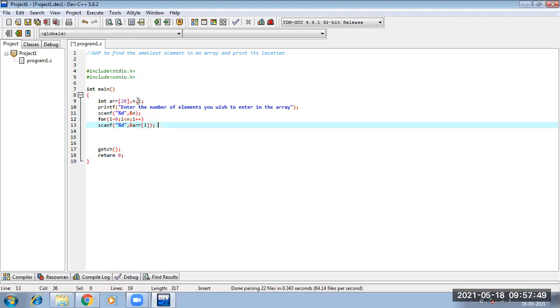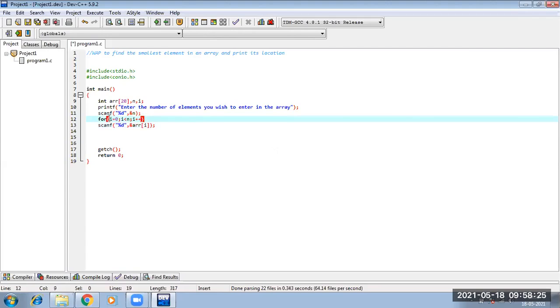So my n is also an integer, and index locations can be integer values 0, 1, 2. It cannot be a 0.5 array index location. No. So I will also always handle integer values. So array, n, i are all integer types, and so I have declared them in the same line. If you want, you can declare them in separate lines also, whatever you wish. For this line you can only keep int array[20], and in the next line again you can give int n. If anyone wants, he or she may declare i here also. Anything can be done.